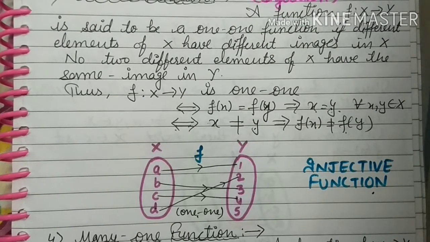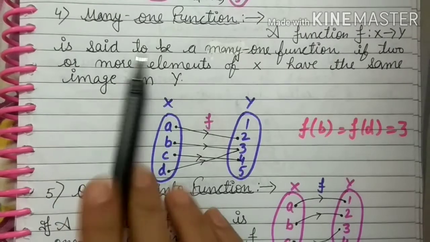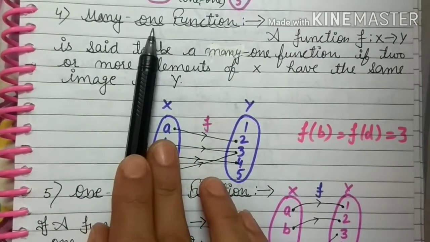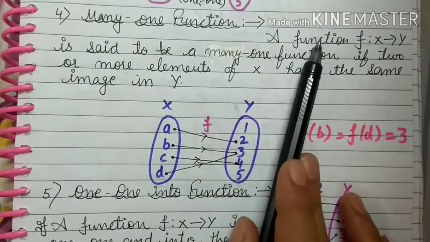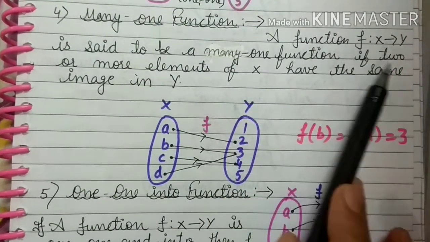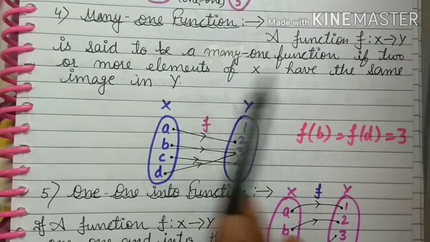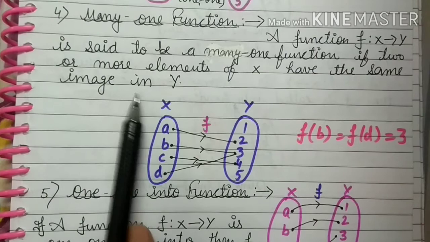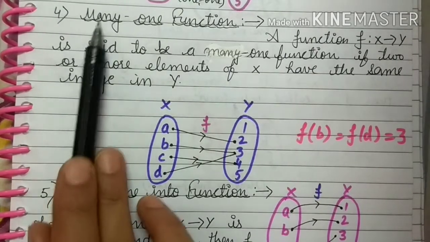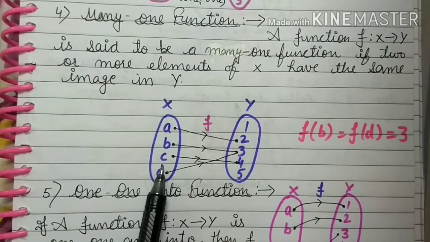Next we are going to discuss here many-one function. As by the name many-one, many से 1 में जाना है आपको. Let us read the definition. A function f from x to y is said to be a many-one function if two or more, many means two or more elements of x have the same image in y. कि x के कम से कम दो elements की same image होनी चाहिए. many से 1 में जाना है, x के दो element कम से कम ऐसे हों जिनकी same image आपको मिले.